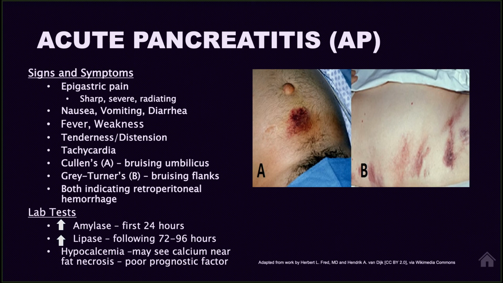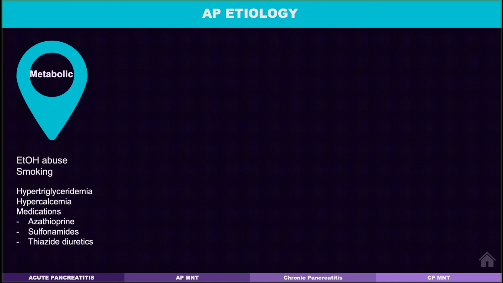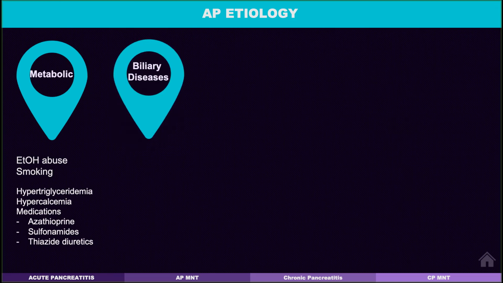Next, we will talk about the etiologies. First, we'll talk about the metabolic etiologies. This includes alcohol abuse, smoking, hypertriglyceridemia. Alcohol itself is a direct and indirect trigger for acute pancreatitis. Smoking is also a direct trigger. And what we've also seen is that the combination of smoking and alcohol has an amplified effect on the risk for acute pancreatitis. Next, we have biliary diseases, which is gallstones, and I wrote it twice because it's gallstones, microlithiasis,